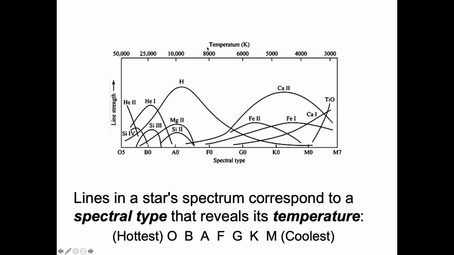I also want to point out another thing that is odd for people when they look at these kinds of graphs. It's that temperature decreases as you go to the right. Typically, when we look at an x-axis, a horizontal axis, we see that as we go from left to right, the numbers increase. But here, the numbers actually decrease. Sorry, temperature is getting cooler as we go from left to right. Okay.